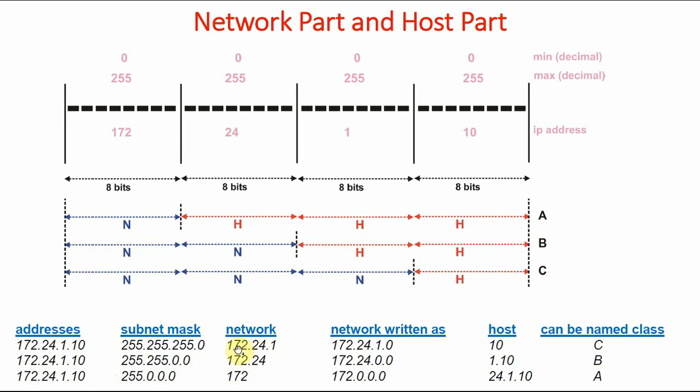And generally we do not write network numbers like this, we place 0 behind that. And this, 172.24, we are going to write as 172.24.0.0, and this we are going to write as 172.0.0.0. So that means our IP addresses consist of two parts: the network ID or network number, and second is the host part, and that is decided by your subnet mask.